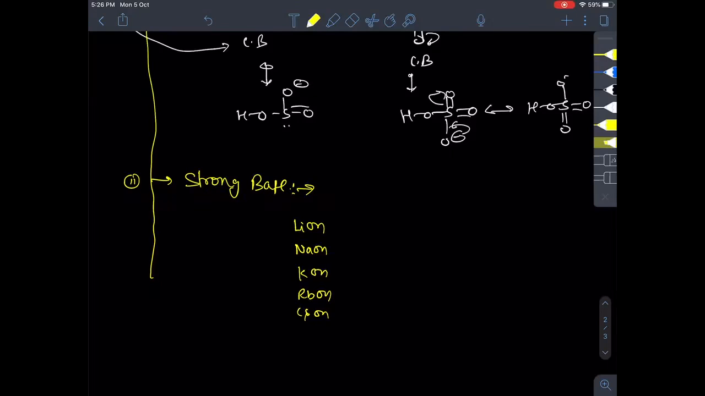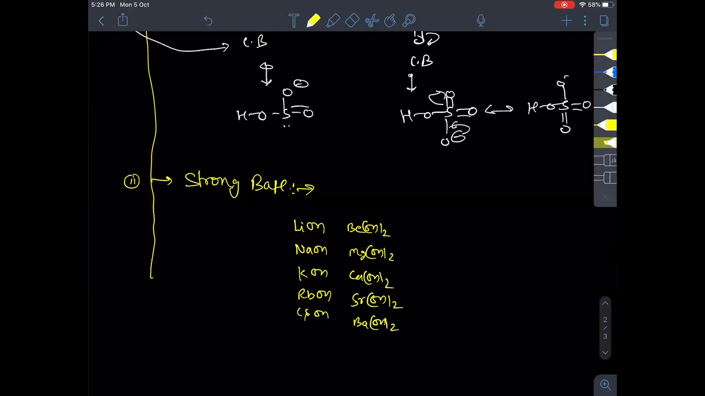Now when you go to this side, beryllium, alkaline earth metal, magnesium, calcium hydroxide, and then strontium hydroxide, and then